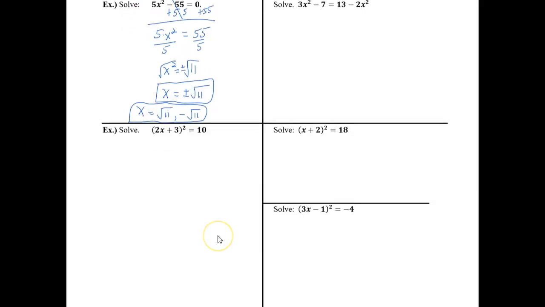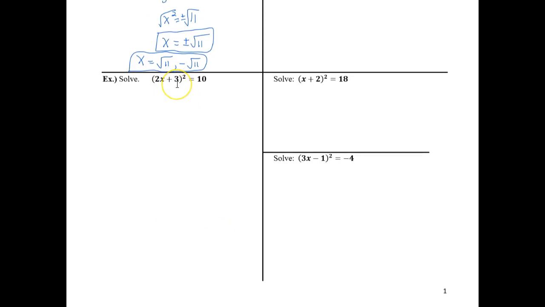Alright, so let's try this next one. Now, the next one here, sometimes students have the urge to multiply that out, but you don't actually have to. We have a quantity squared equaling a constant. So we can use that square root property here because we already have something squared equaling a number. So I can take the square root of both sides of my equation because it's already isolated, and the square root of something squared, I'll have 2x plus 3, or itself, equals positive or negative square root of 10. And now the goal is to get x alone, so we actually have to still solve for x. I'll subtract 3 from both sides,